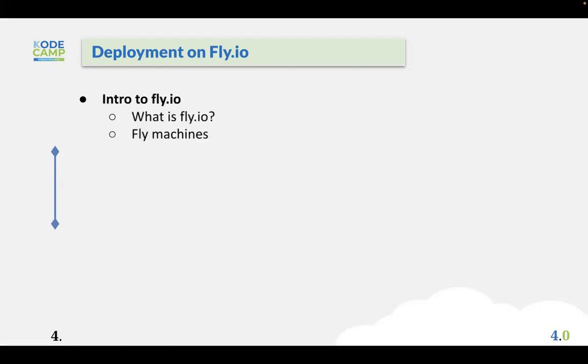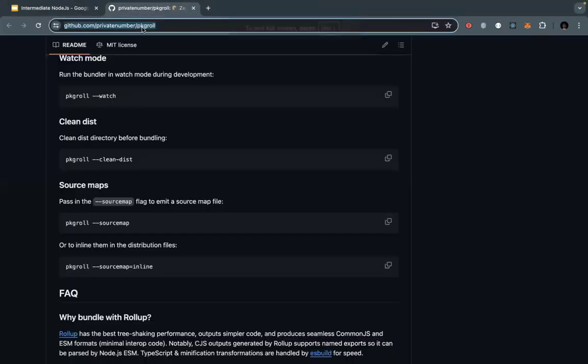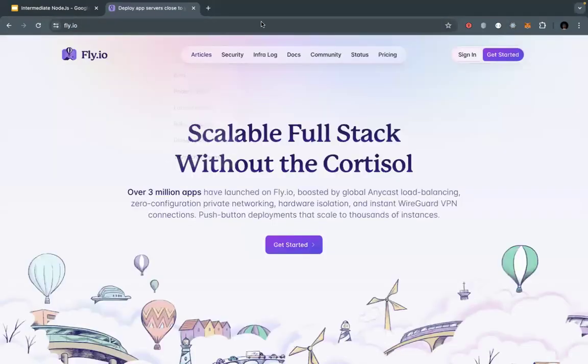What is Fly.io? Okay, I don't want to talk too much. Let us come over and see Fly.io. Okay, and then what do we have here? We have the